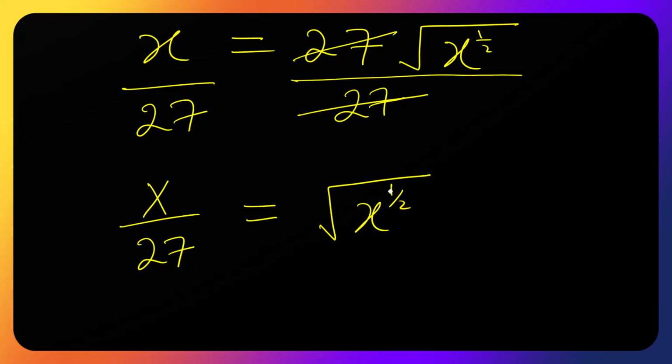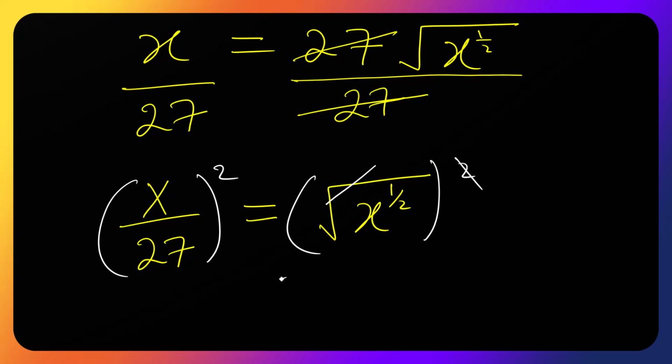What I will do is square both sides. So if I do that, this one squared will cancel the square root, so I have x raised to the half, which is the same as the square root of x,